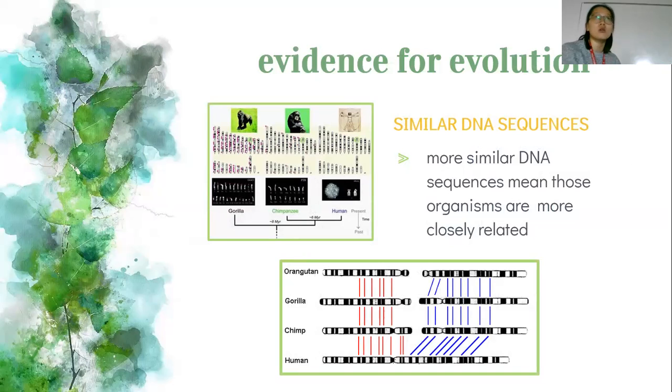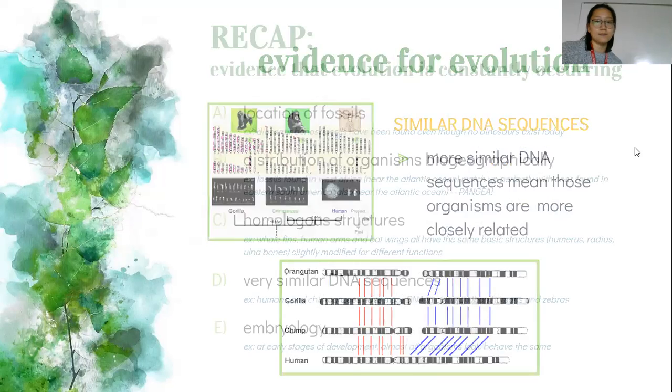It's the same way that you're more closely related to your sister or your brother when comparing to your cousin, right? The branching is further back or further away from you. It goes back to the aunts and the uncles, a different generation, versus when it's just you and your sister or you and your brother, it's just your parents. It's a close branching. So again, if you have similar DNA sequences, then that means that you're more closely related and you have a more recent common ancestor if you're comparing different species.